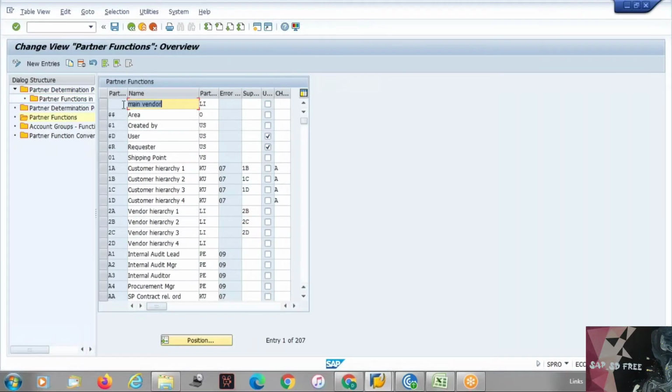So we went into the partner function and defined a partner function name. The partner type is the one that mainly differentiates whether it's a customer, a vendor, a contact person, or a forwarding agent. Everything is controlled by this partner type, which is important. Then you have something called an error group. This error group comes automatically based on the kind of partner type that